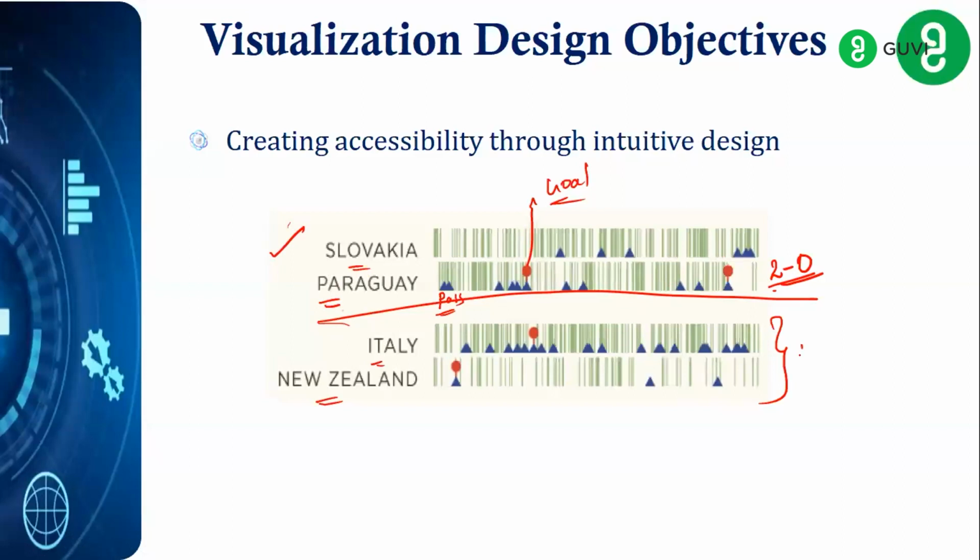And here it is 1:1. That is a match drawn, right? So this kind of intuitive design, by seeing the visual itself, will give you the feel of live match watching, right? This visual representation gives a live feel. Yes or no? Because during this,